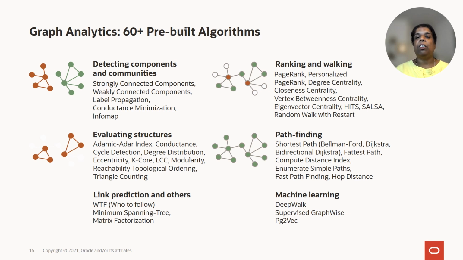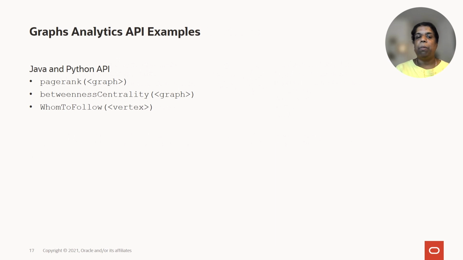And then machine learning. So machine learning graph algorithms give you the ability to include graph constructs within your machine learning algorithms. And that's a very hot area of research. And there are several new algorithms being developed in that area. So you're looking at connections in your data entities and including that in your machine learning training processes. So we support some of these algorithms as part of the Oracle Graph feature. So here are examples of how you would invoke the analytics API.